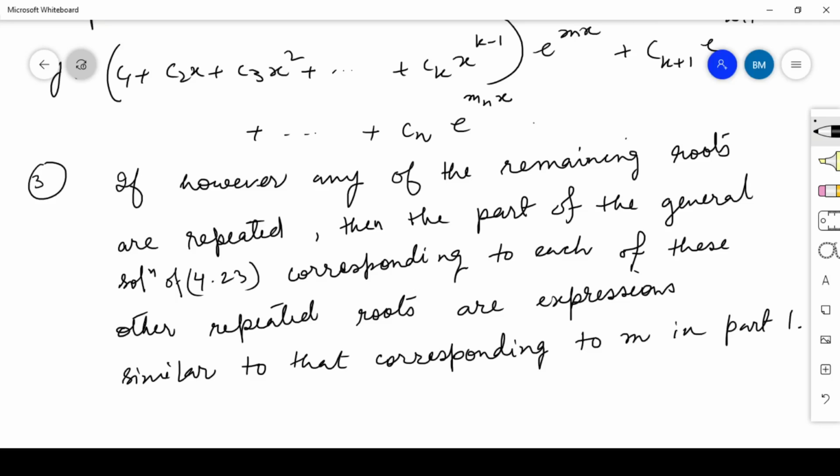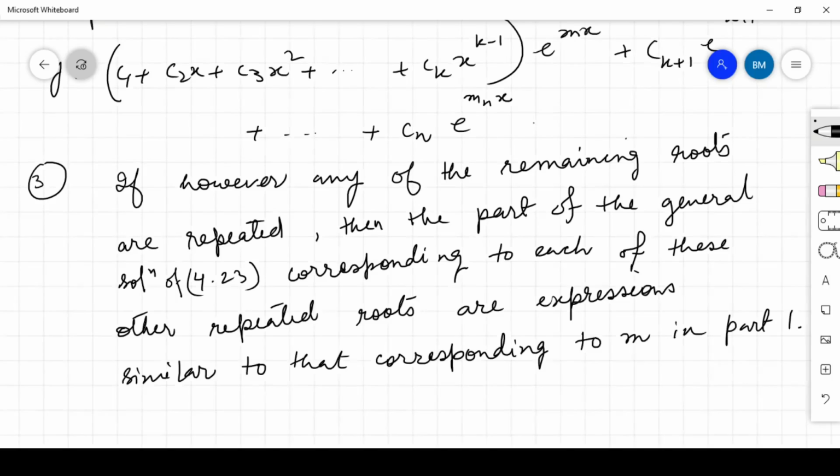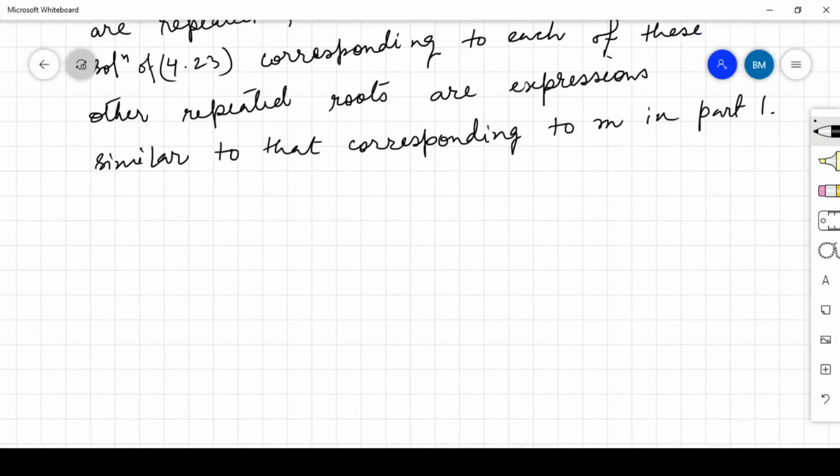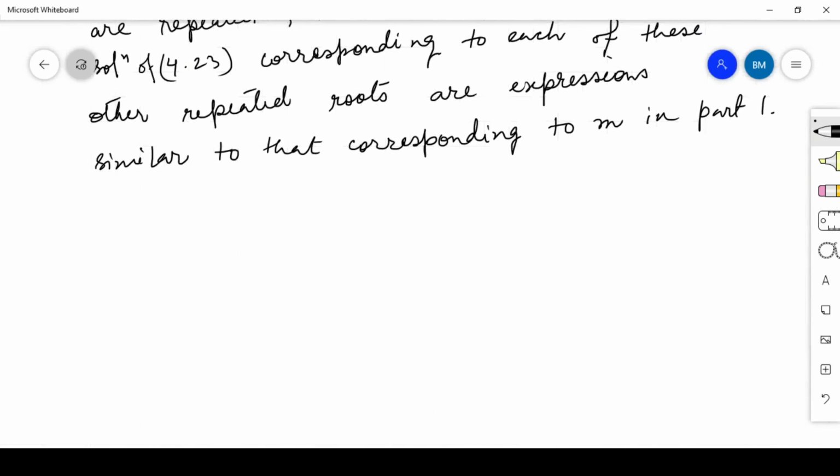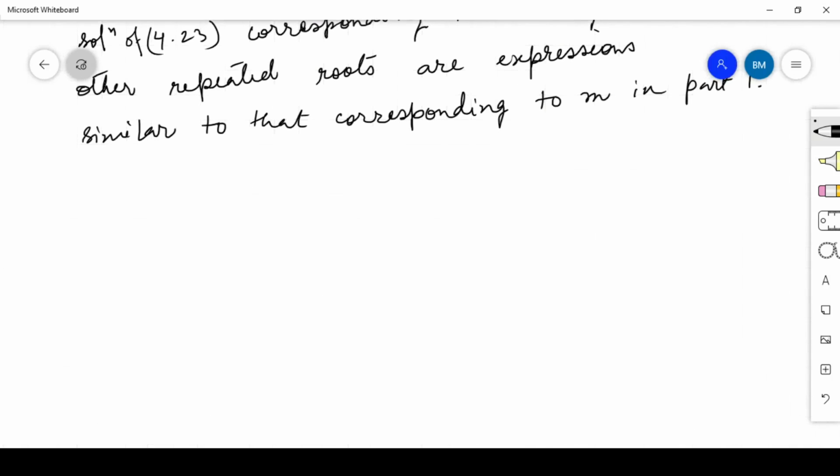Then, so the method we have learned, and now let us consider some example so that we